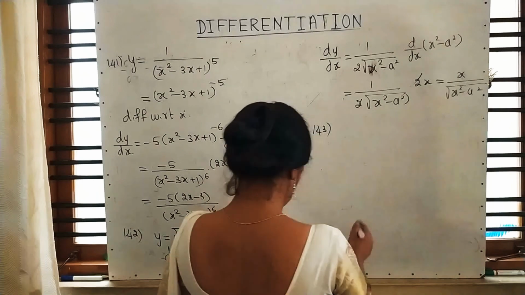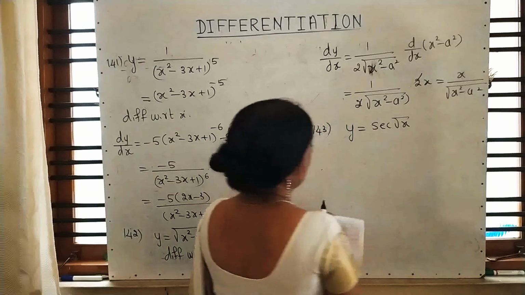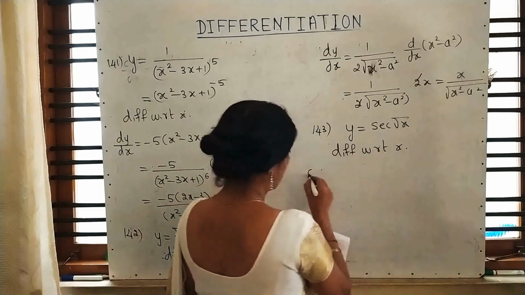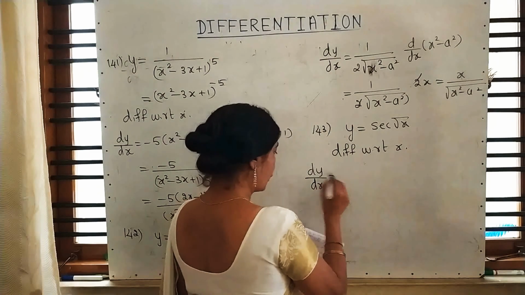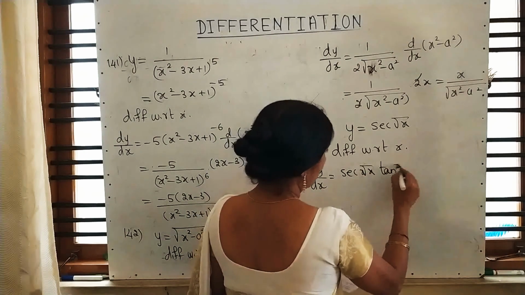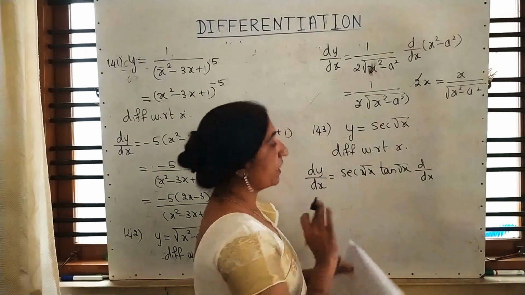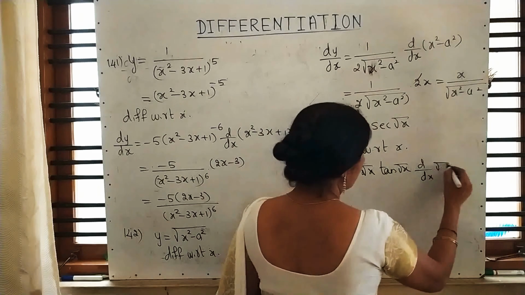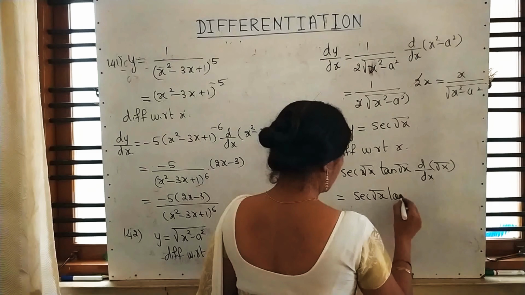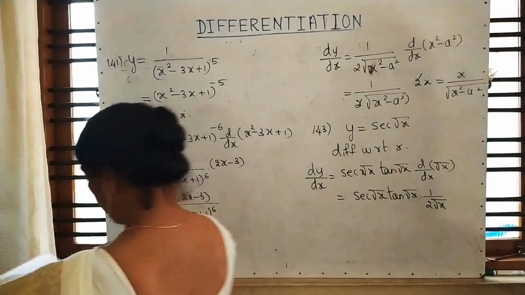143. Here, there is no power. No power means directly we have to differentiate the base. What is the differentiation of sec? Differentiation of sec is sec into tan. And remember, students, don't change the angle. Angle we have to keep as it is. There is no power, directly we have differentiated the base, then angle, it is other than x. One upon 2 root x.